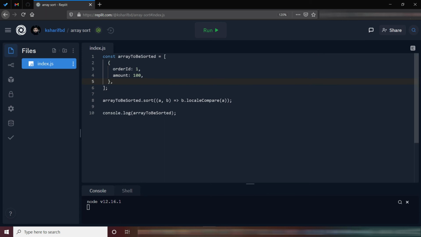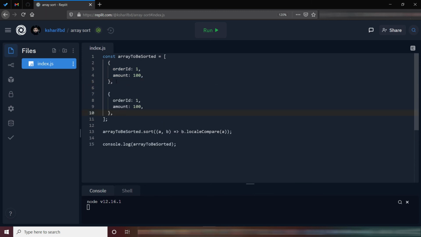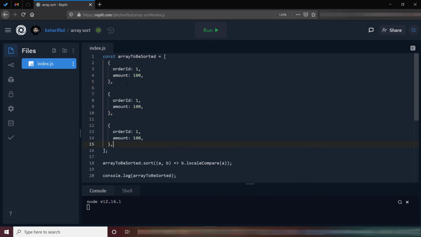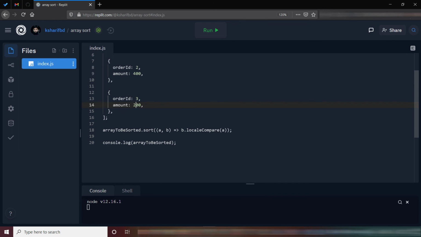I am going to copy this and paste this twice. Let's say it's 400, then ID 3, then 200. Now we need to remove this.